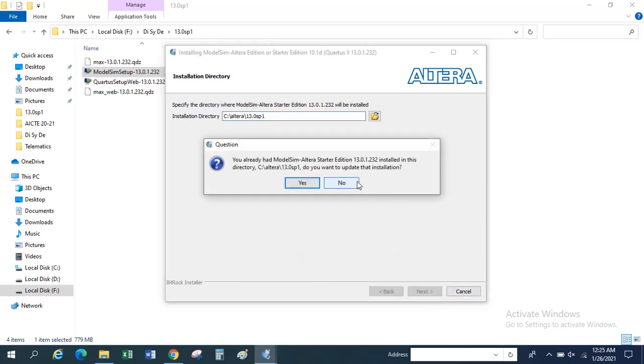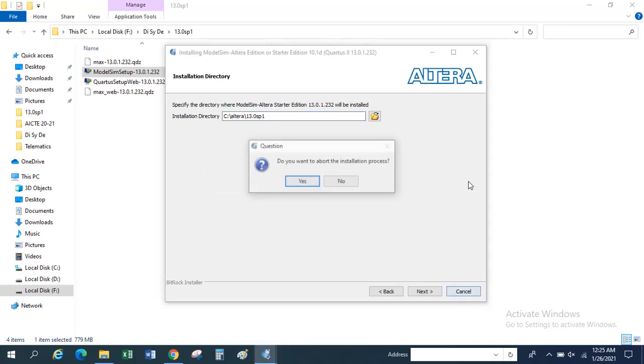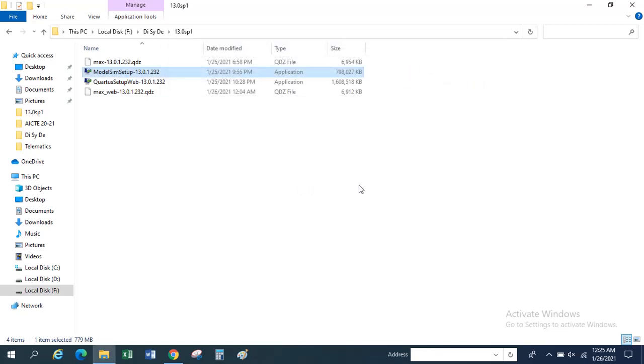Agreement. And it is asking me for a path. You can remember the same path was there, and now it is asking me whether I want to uninstall the earlier installation. No, we don't want reinstallation. So it is sure that we have to run only one file, and that is the Cortex 2 file. And the ModelSim file is an add-on to it, and even the QDZ